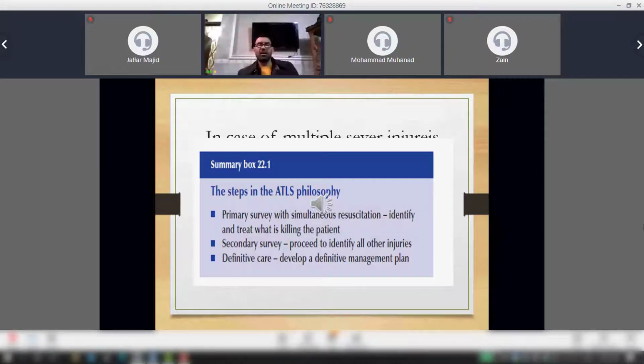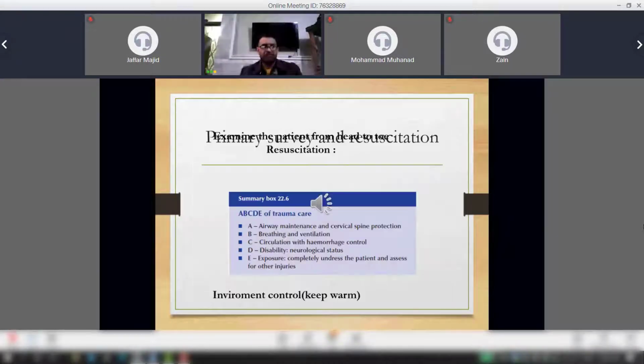فمثلا إذا عنده respiratory embarrassment أو ضربة بتراكيا أو غيره, we have to deal with it at the site of the injury. And then we transfer the patients to the casualty for the secondary survey, اللي هو هنا يجي طبيب الطوارئ يسوي assessment for the other injuries, and then definitive care اللي هو يبدأ الأخصائي يعالج كل وحدة على حدة. Yes, and these are the ABCDs اللي تعرفوه.